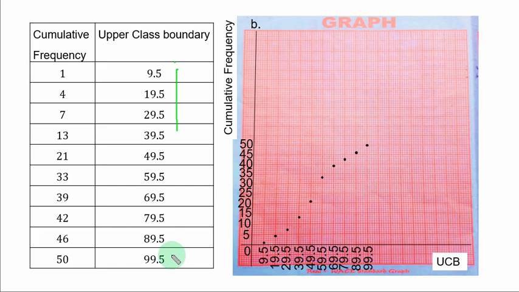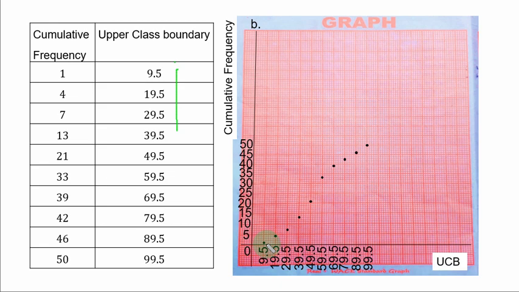99.5. And what you must note here is that the difference is 10 all through. You have 10, 10, 10. So if it is 10, 10, 10, from here to here, let's take it from 9.5 to 19.5. If it is 10, it means that one line is 2. So you have 9.5, 11.5, 30.5, and so on. So the first